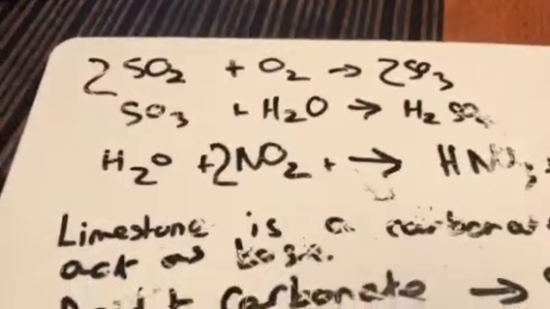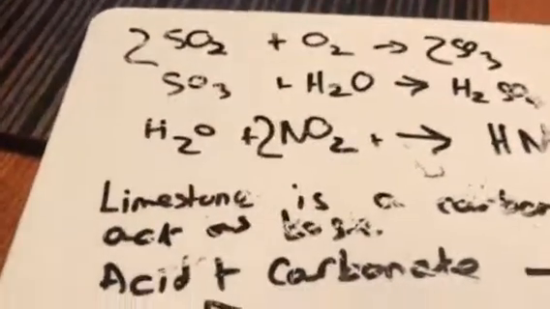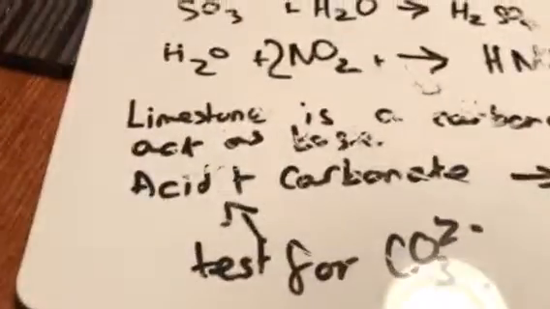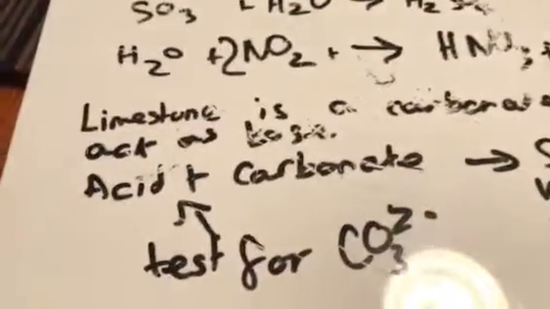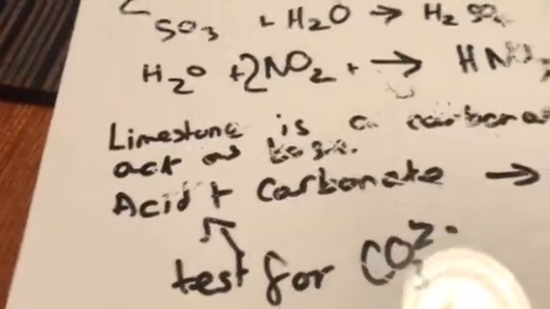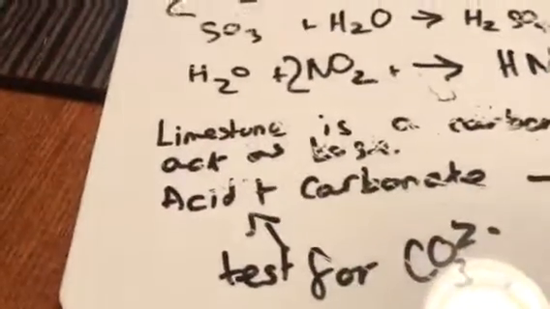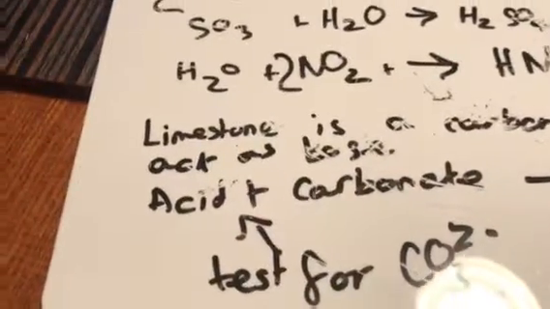The problem with sulfur oxides is that they can produce acids, and those acids would lead to acid rain. The same with nitrous oxides, they can lead to nitric acid, and again that can lead to acid rain. Limestone is a base, and therefore it's going to act by reacting with the acid to form salt, water and carbon dioxide. This is obviously an application question because you know from your qualitative tests of negative ions that the reaction with acid to produce carbon dioxide is a test for the carbonate ion. So it makes sense that the carbonate ion would react with any of the acid rain and stop that being a